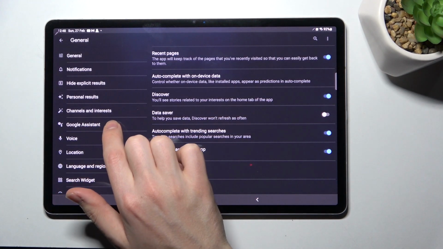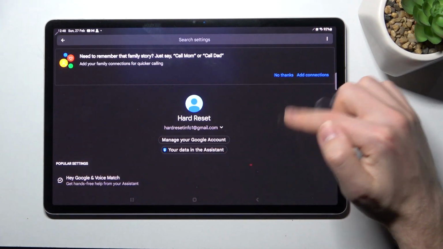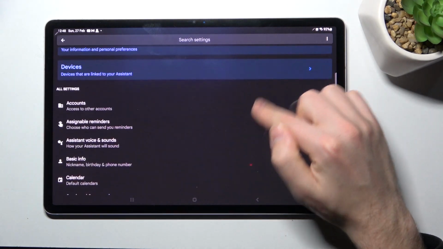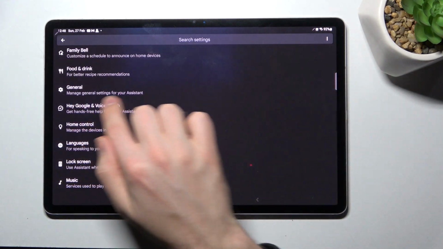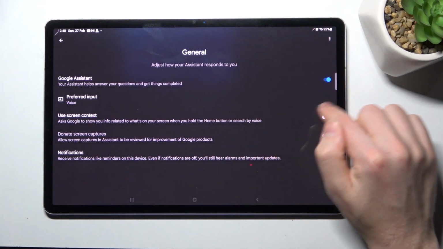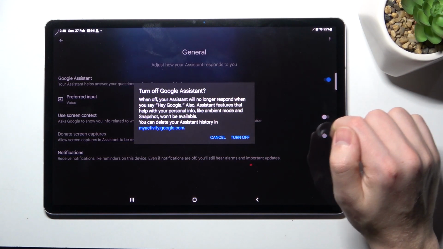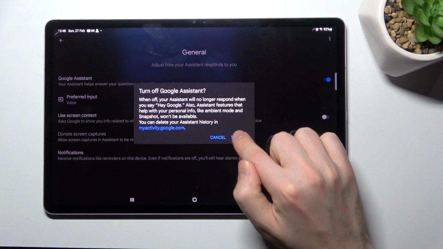Then go into Google Assistant, and here you need to scroll down and find the general option, this one, and click here to turn off Google Assistant. Confirm the operation, click turn off one more time,